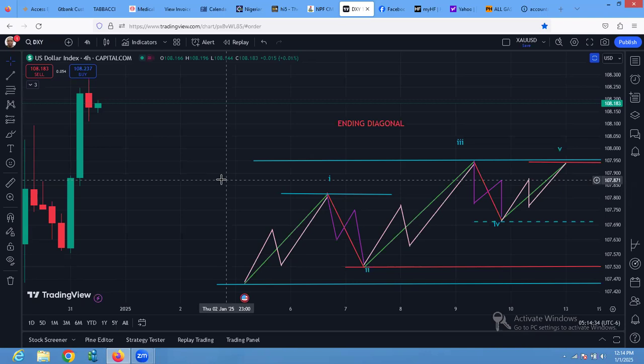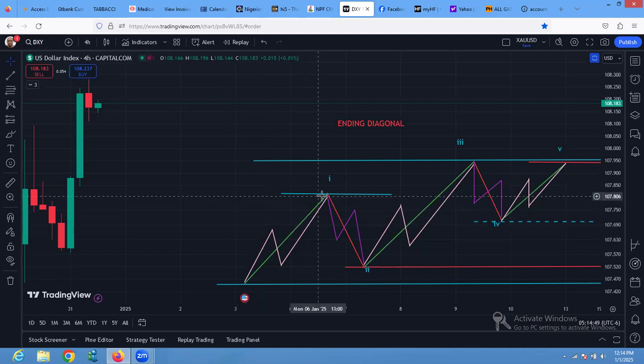I think I made a little error. I think in the video I did about two videos away. Now, in the ending diagonal, what do we expect? We expect wave 1, then wave 2 to the downside in red, with wave 1 in green, wave 2 in red,